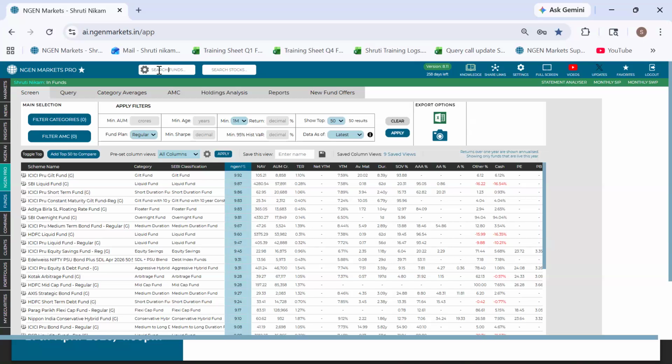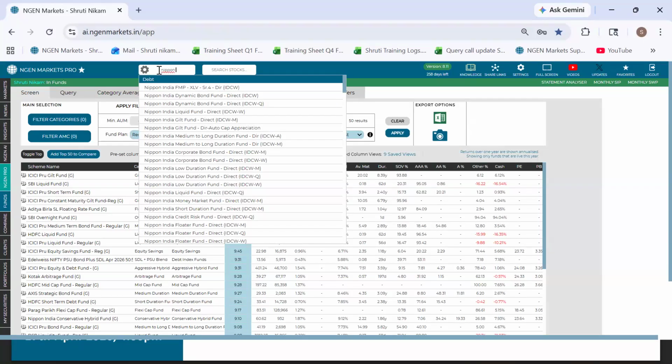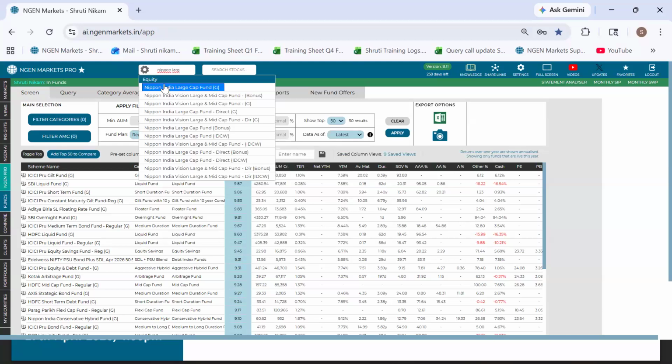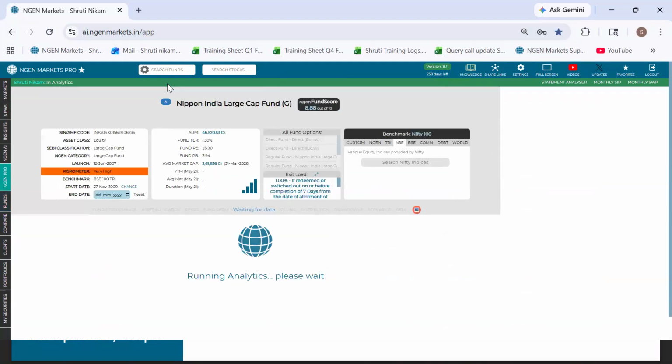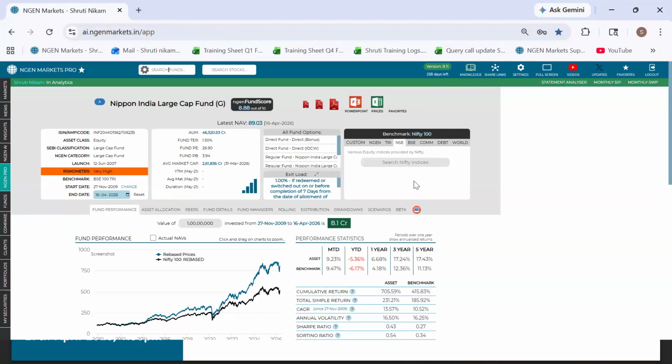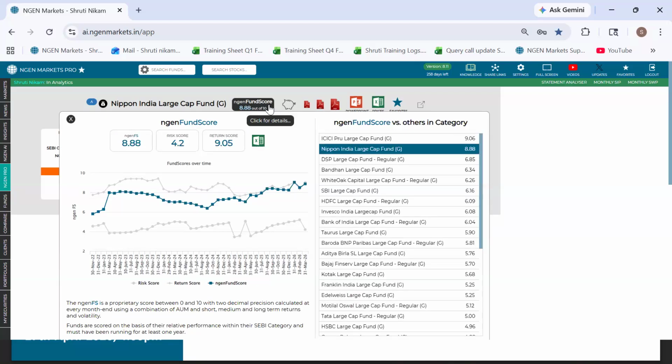Here I will take an example of Nippon India Large Cap Fund. I will just search for the fund name and click on it. When you click on any fund name, it will open up in its single analytic page. Just beside the fund name, you can see the NGEN Fund Score showing in the black tile, which for Nippon India Large Cap Fund is 8.88 out of 10. When you click on that black tile, it will also show you